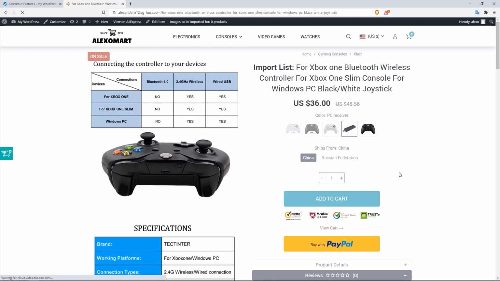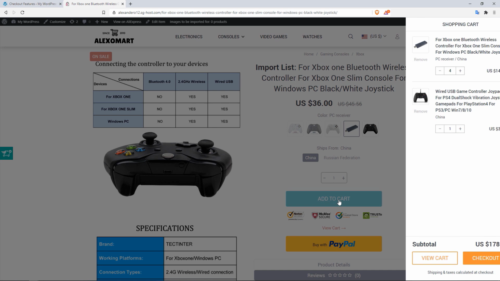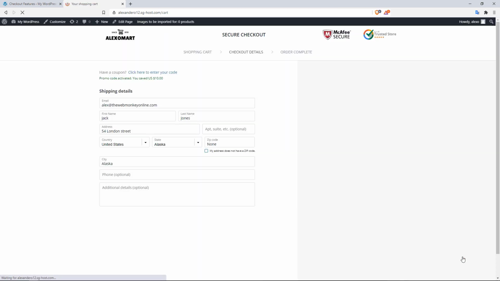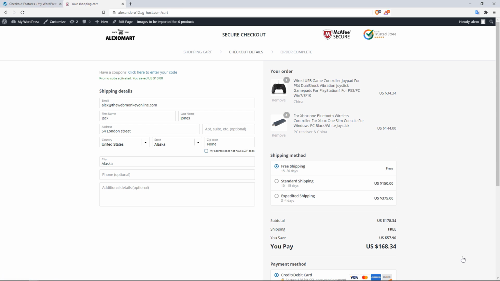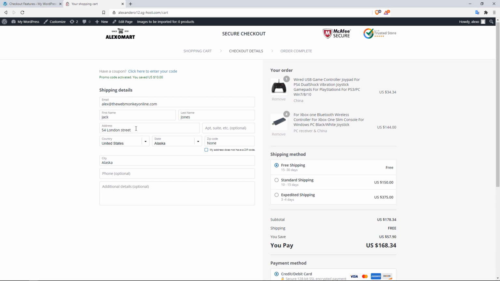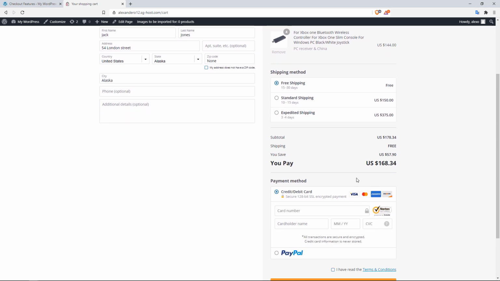Okay, all right. So from here, check this out. I'm going to click on Add to Cart. And now if I click on Checkout, take a look at this. Right now, the customer sees everything at a glance. They can provide their shipping details, they can choose the shipping method, and then finally, they can choose how they